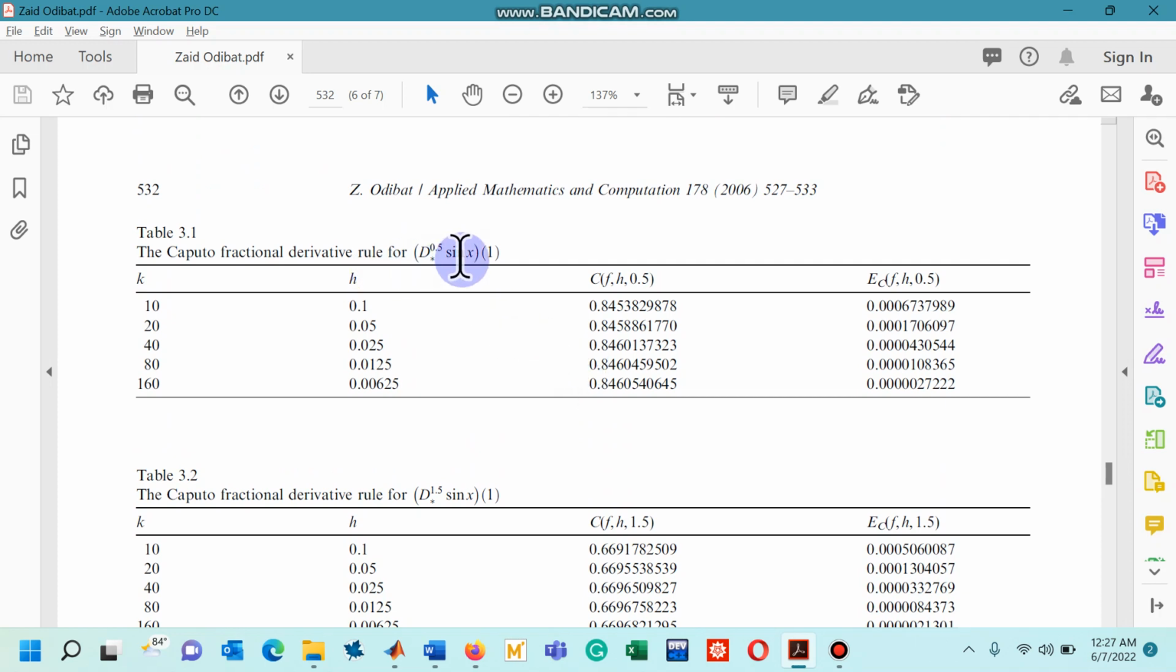Let me show you the tabular data. For example, the half derivative of the sine function is computed in table 3.1 with several step sizes. If you focus on the first row of table 3.1, you can see that 10 points are taken with a step size 0.1 and the approximate value is 0.8453 and so on, while the absolute error is approximately 0.000674. So let's go to the code,